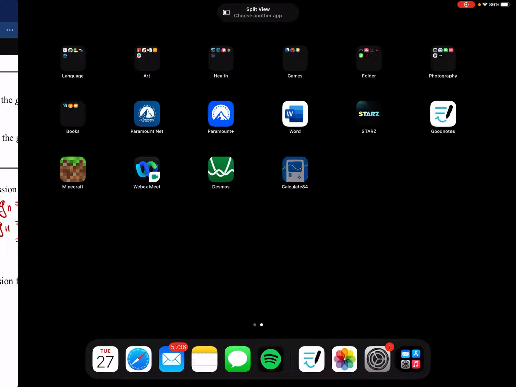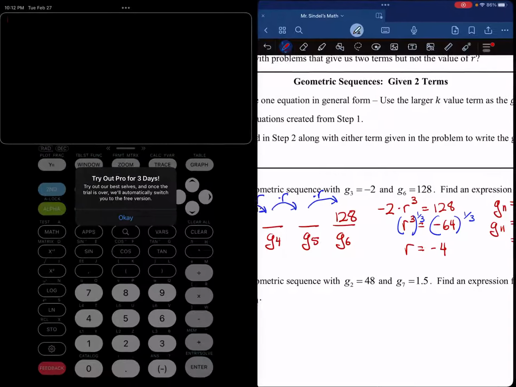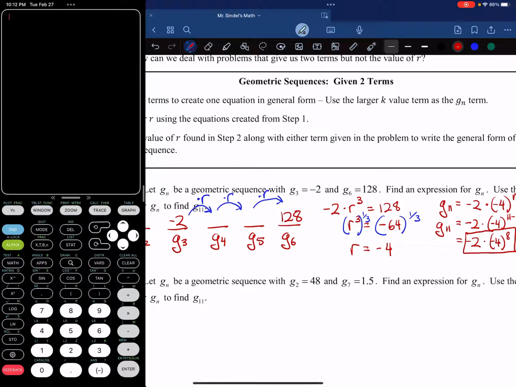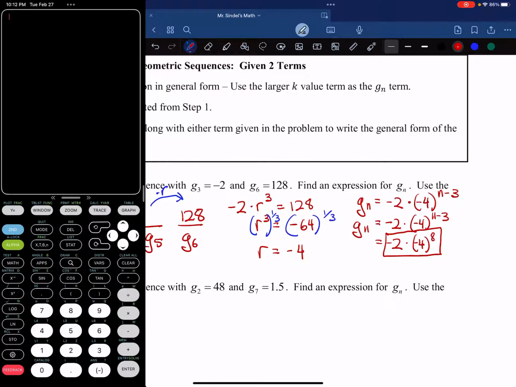There we go. So on my calculator, I'm going to say -4 to the power of 8. Well, the negative doesn't matter because it's a power of an even. So I'm just going to say 4 to the power of 8. So 4 to the power of 8 is going to be, oh my goodness. It's going to be -2 times